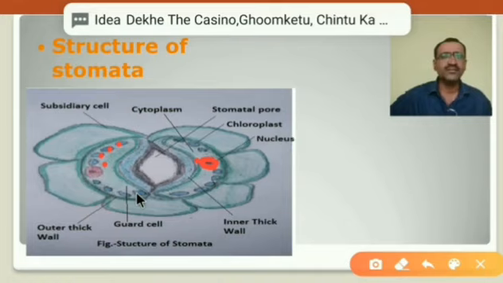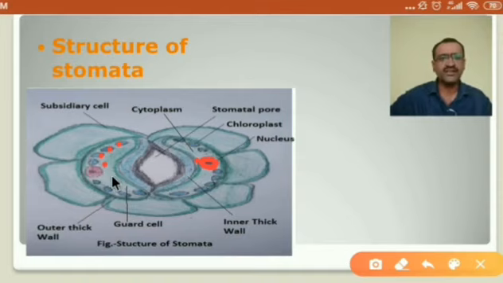Then what is meant by cytoplasm? Cytoplasm is present in the guard cell, and it is the liquid or matrix present in the guard cell, known as the cytoplasm. There is also a cavity at the center, and that cavity is known as the vacuole. In this way, this is about the guard cell. Here they also contain a large amount of protoplasm, and then there are the neighboring epidermal cells.